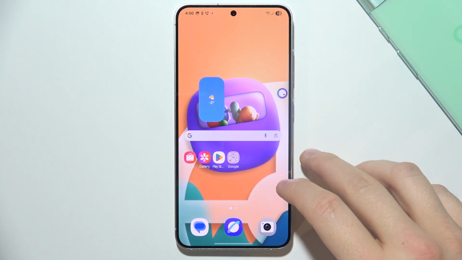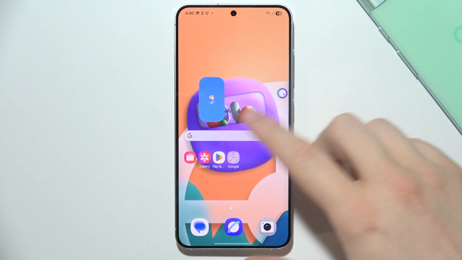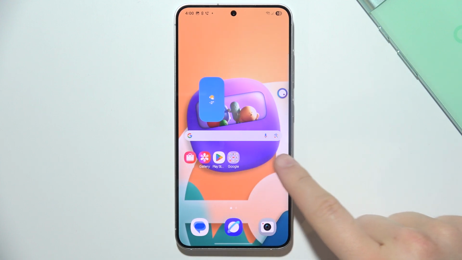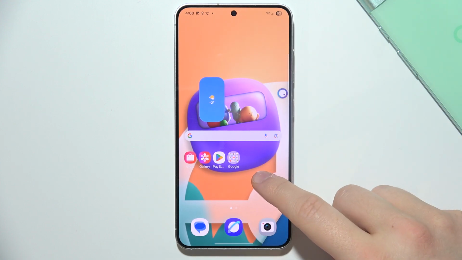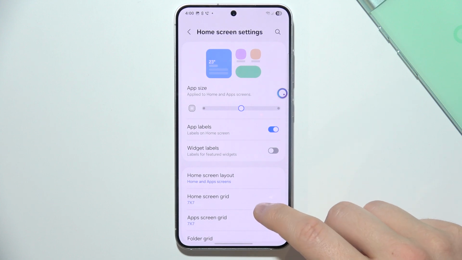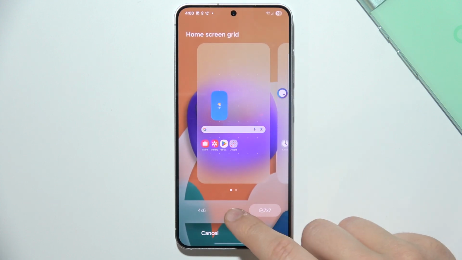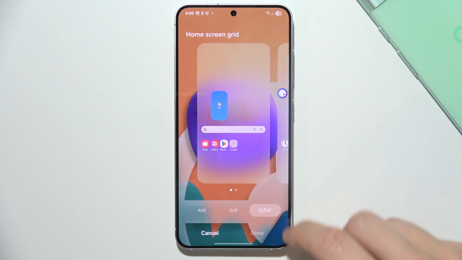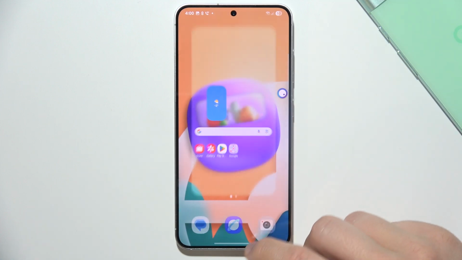Hey, let me show you how you can increase the grid of your home screen on a Samsung S25. So as you can see, currently we've got 7 by 7, but as a default, when you open those settings, you can only find 5 by 6. This is the maximum one. But as you can see, I've got 7 by 7, and let me show you how I actually reached this